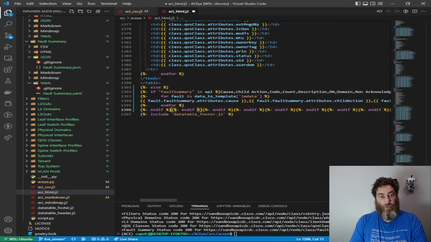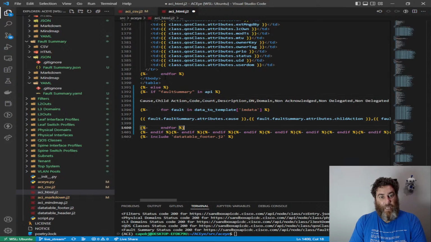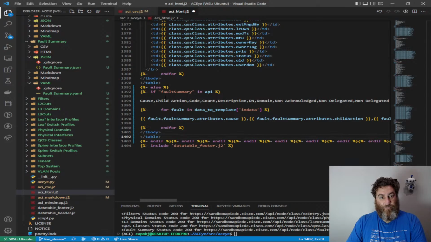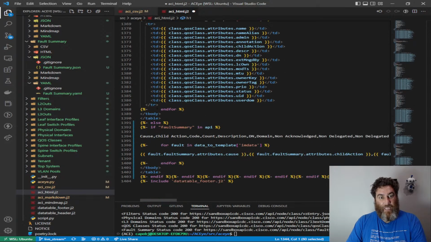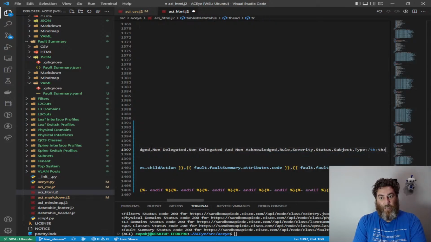After the last table, add the else. Pad this with some white space. After the end for, close the table in the body. Add our header table information, and this one is called fault summary. Open up our table header, close the table header,